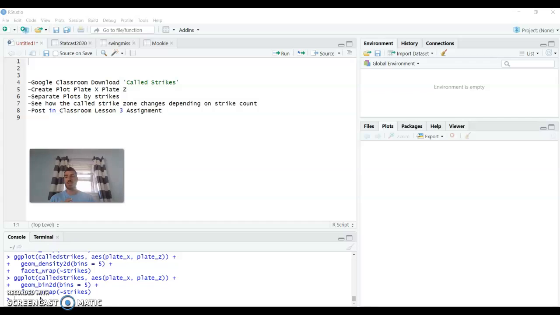So this is going to be the end of block 1 for Intro to R. It's just the first 3 lessons. The next 3 lessons will be posted on Saturday morning for those of you who will continue,